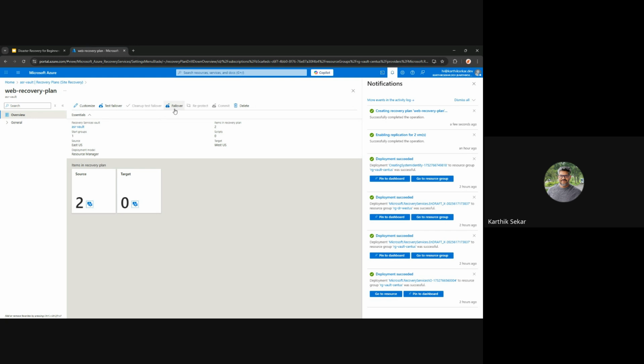So the failover is actually when disaster happens. So the production will be down and it will create 2 new VMs. And the test failover is basically we need to make sure when something happens, the replications are usable to replicate to the actual servers. So let's try with the test failover.